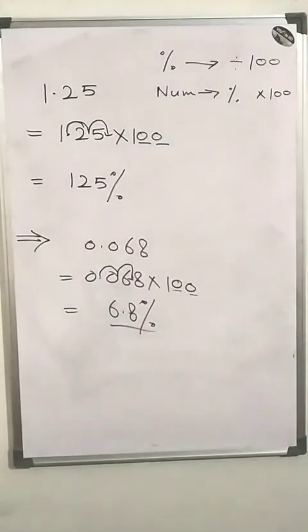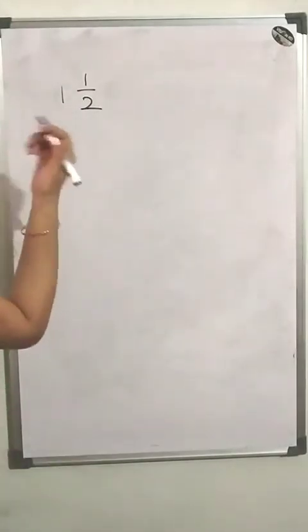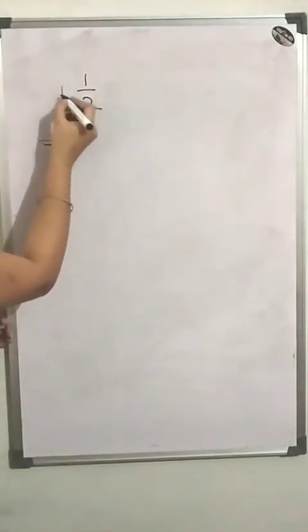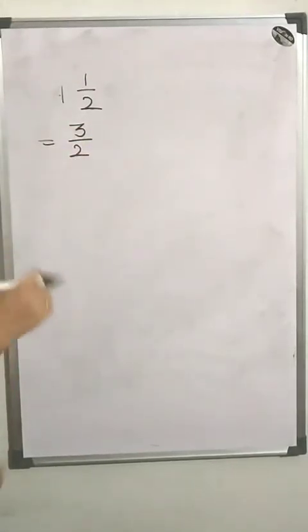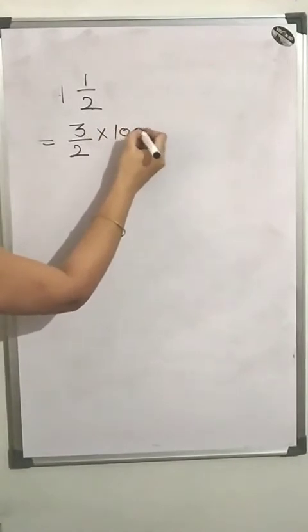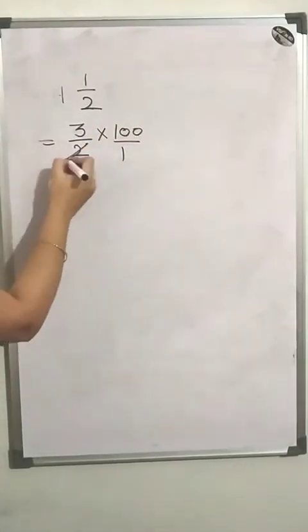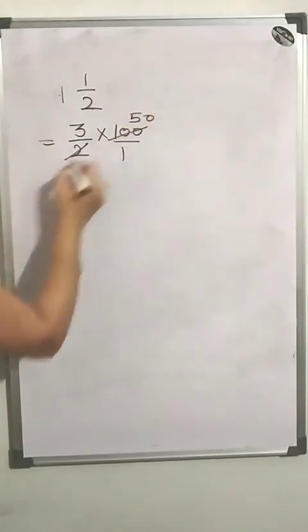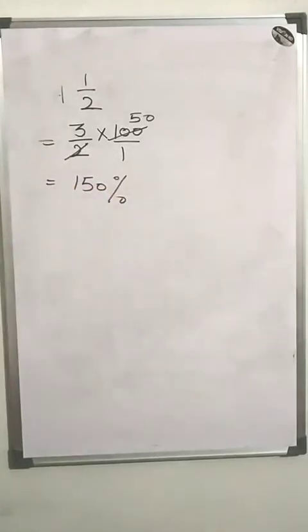Here I have one fraction, that is 1 1/2. Here we have to convert this into a percentage. Again we do the same thing. We multiply 2 into 1, 2, 2 plus 1, 3. That is 3 upon 2. For the conversion into a percentage, we multiply it by 100. So can we cut these two numbers? Because we can write here 1. So we can cut 2 50s, and 3 times 50 is 150%. So in this way you can convert a fraction into a percentage.